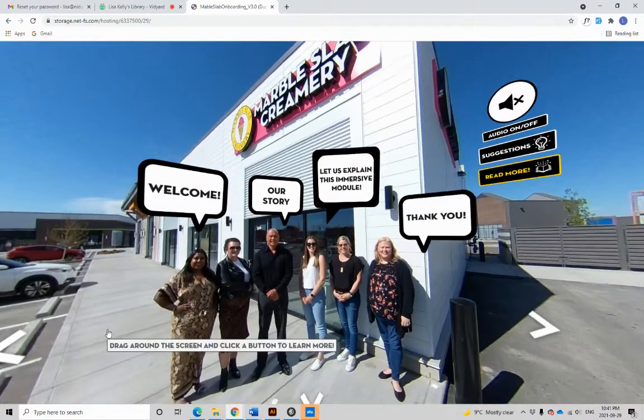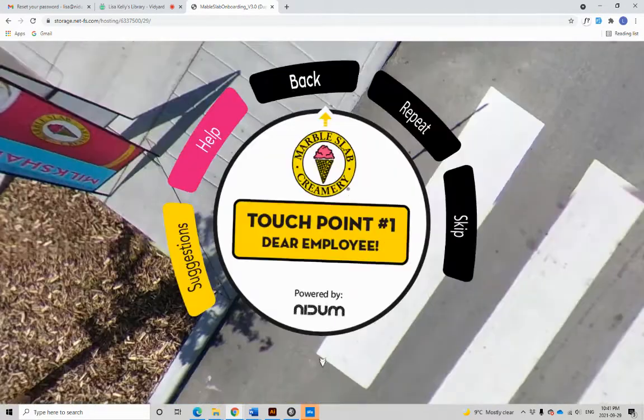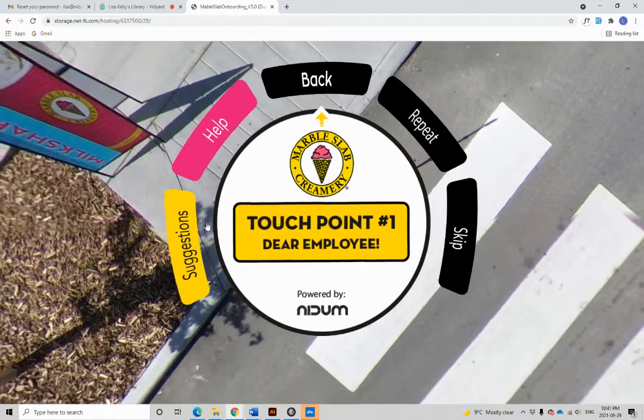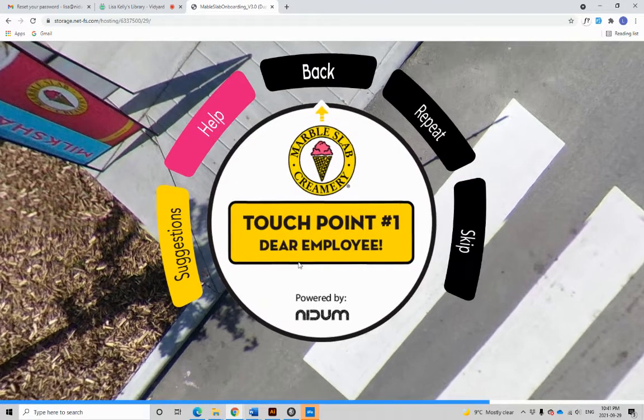If you'd like to see some other navigation buttons, you can just look down using any of the aforementioned methods, and you'll see all these buttons. You can use the suggestions buttons to contact us. You can click on Help and view the help screen, go back, repeat the touch point, or skip to the next touch point. Here in the help screen,